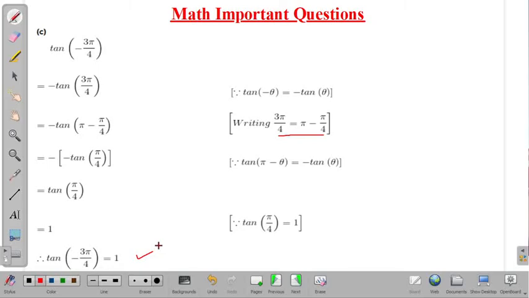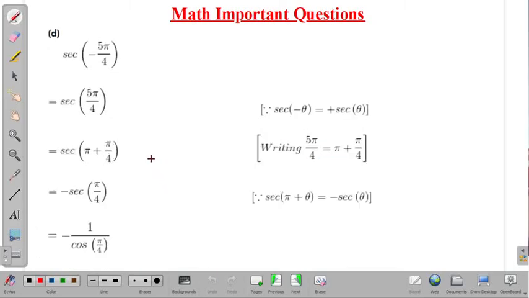Okay, and in the next problem, part D, we need to find the value of sec of minus 5 pi by 4. And sec of minus theta will be equal to sec theta, because this will lie in the fourth quadrant, and in the fourth quadrant cos value will be positive. So cos and sec are reciprocals of each other. Therefore sec 5 pi by 4 will be positive. So sec of minus 5 pi by 4 equals sec 5 pi by 4, and